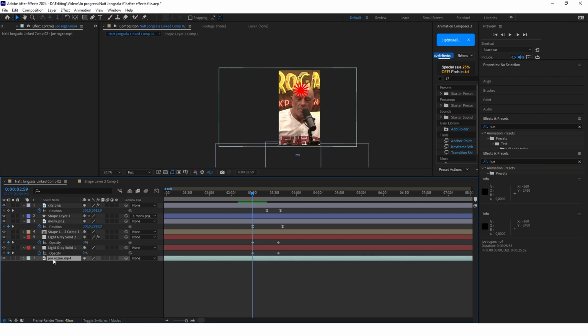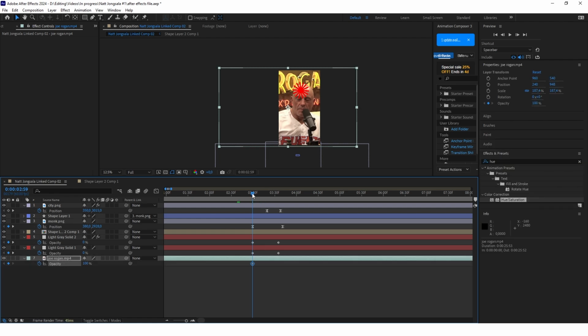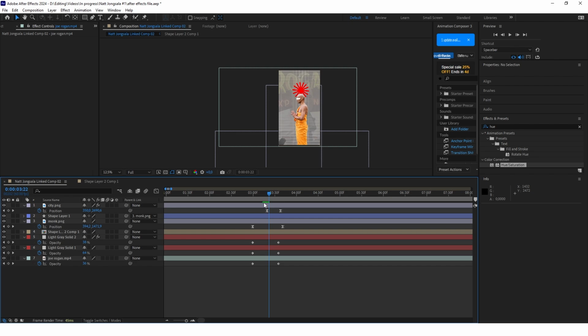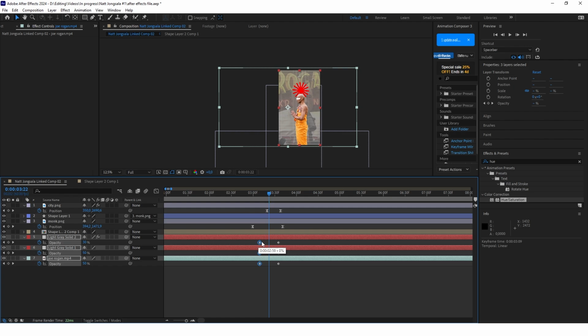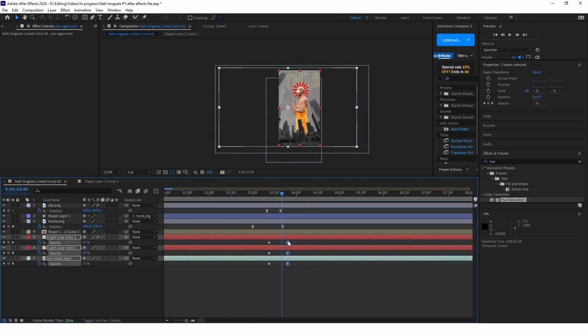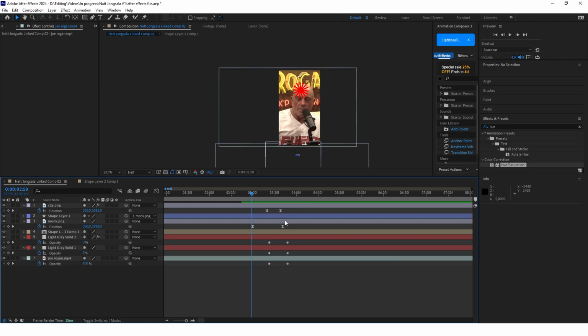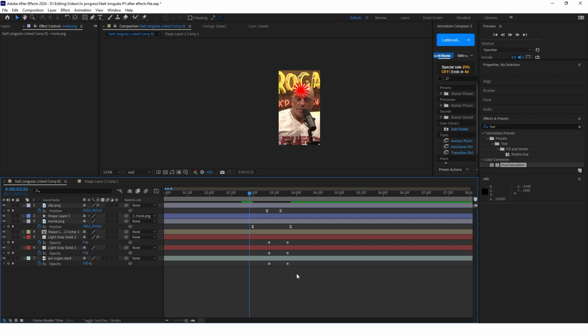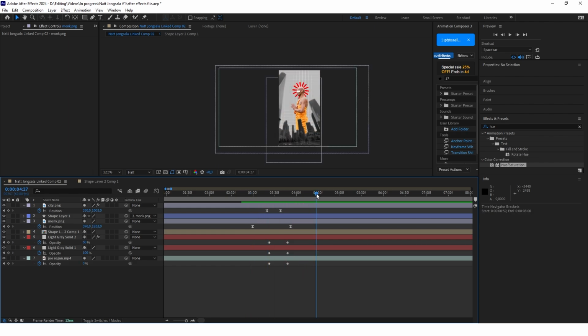But now open the opacity on your clip and keyframe it in the same places. And at the second keyframe, set the opacity to 0. Okay, when looking at Nat's video, I see that we can actually put the first set of keyframes somewhere here. So the monk is almost fully animated. And push the second set of keyframes a little. Okay, make it a little shorter, like that. Actually, now I see that we can make the monk animation a little longer. Let's see right now. Okay, yeah, now it's cool.